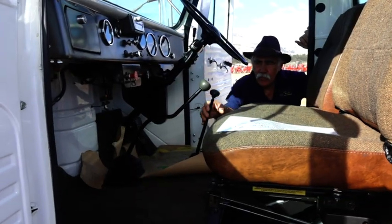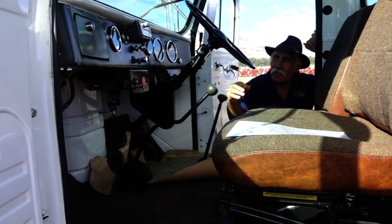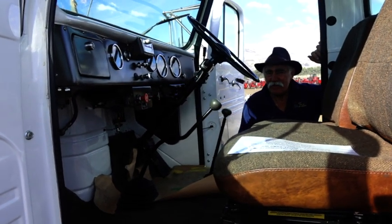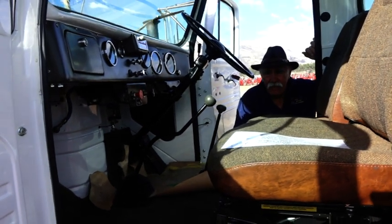So there we've got twin sticks. That's the main one, that's the auxiliary. Very simple dashboard, something to hang on to. And these were the trucks of the 1950s and 60s. Scream their heads off,